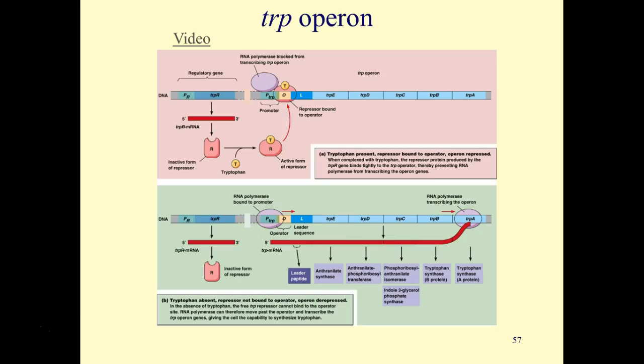So here again, we see the locus that codes for the repressor protein. The repressor protein has this particular shape. When it binds to the co-repressor, it changes shape, and now it can bind to the operator locus. So in this case, when tryptophan is present, the repressor is bound to the operator, and the operon is repressed. When tryptophan is absent from the environment, then we're going to have that initial shape of the